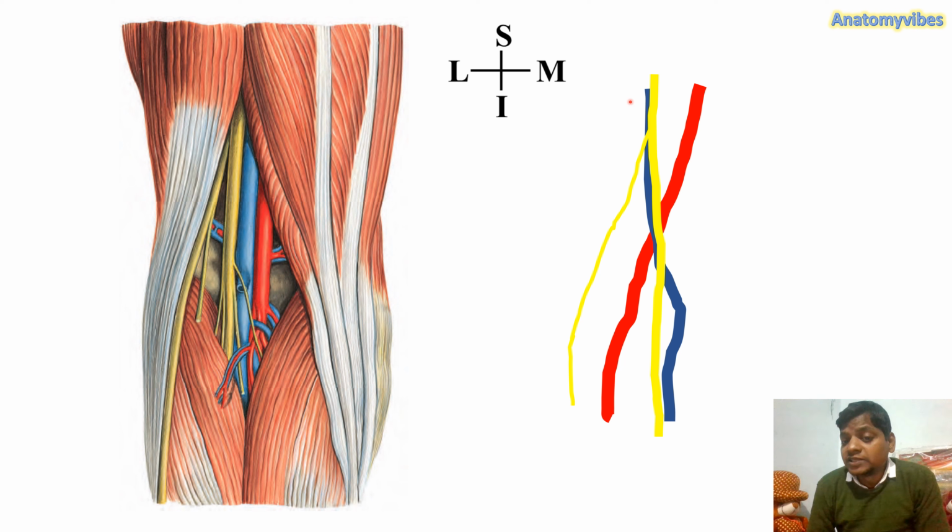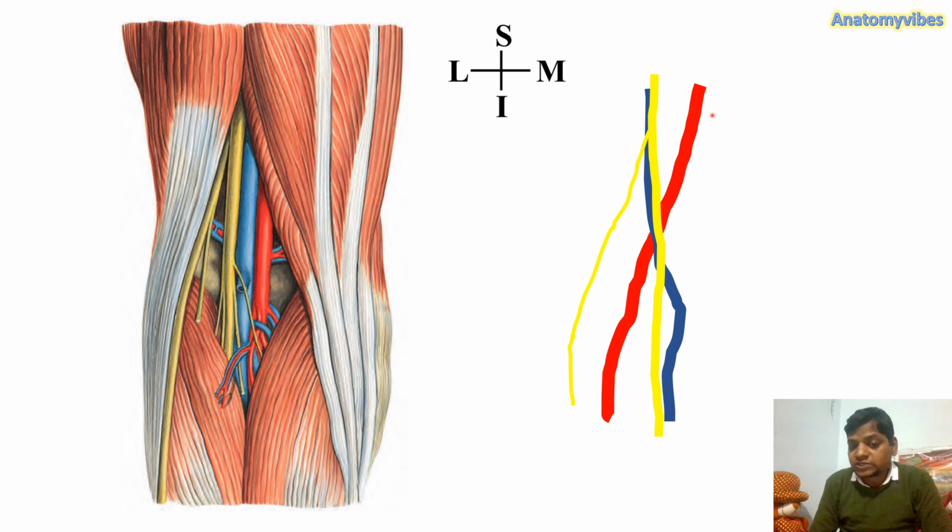And then in the popliteal fossa, again the femoral vein from the lateral side goes to the medial side. So at 2 points there is a change in direction. First, in the femoral triangle, the vein is medial. In the adductor canal, the vein is lateral. And in the lower part of the popliteal fossa, the vein again comes medial. So hope it is clear. 2 times there is a change in the direction.